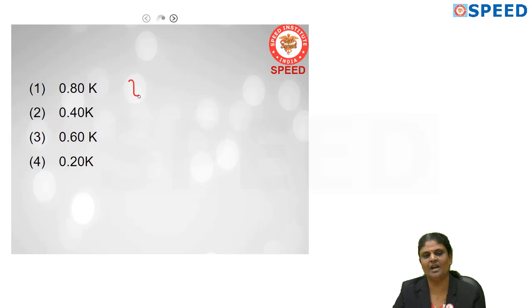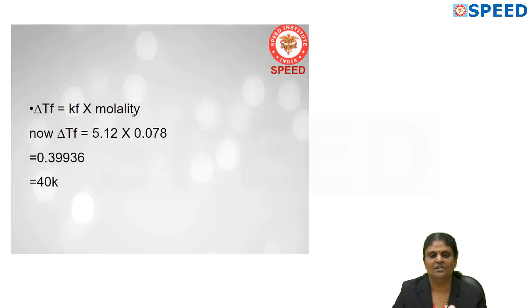Okay, so mostly the answers are either in the degree scale or Kelvin scale. Here the answers are in Kelvin. So I think the correct option is 0.40 Kelvin only. Okay, so this is very simple calculation. Del Tf, that is change in the freezing temperature, is equal to Kf, so this is constant into molality. So here this Kf is also given, molality value is also given. So you have to just multiply these two things. You get the answer